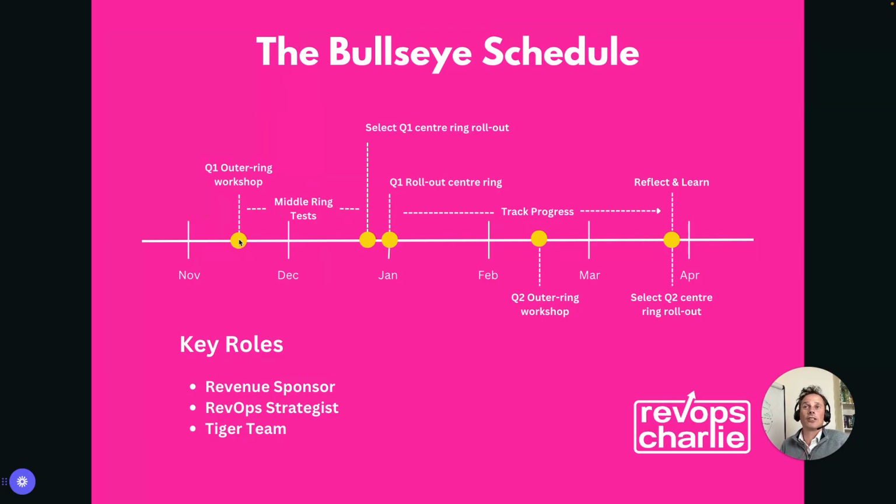We then want to select the 3 that we want to run our middle ring tests with, which will run over the course of a 4 to 6 week period. As we run into the start of the quarter, we're going to select the one center ring test that we're going to roll out, and then we're going to roll that out over the course of 3 months and implement that across our wider team. Meanwhile, as we're going through Q1, halfway through, we're running that outer ring workshop once more and reassessing what are going to be the top 3 that we want to test before we roll out a new center ring capability